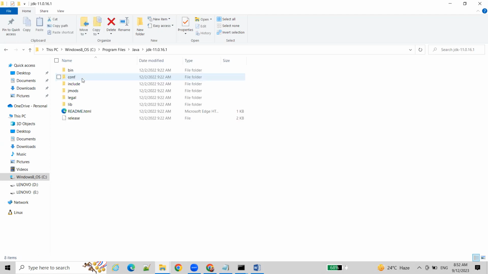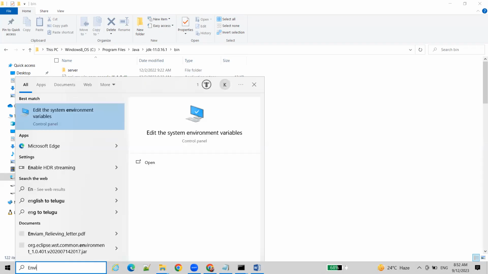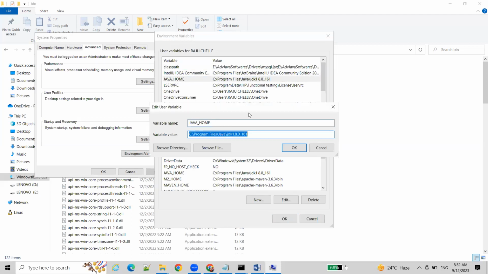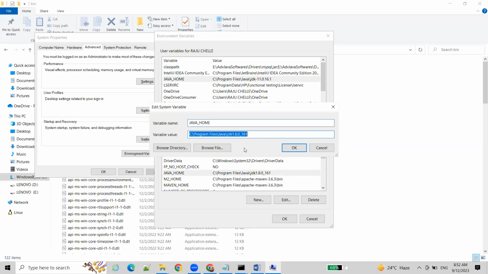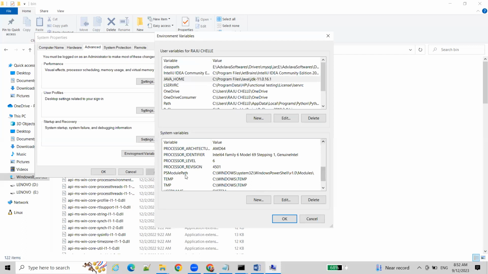So I will use JDK 11, copy this path, and go to environment variables. Here, everywhere, remove this bin. When you are setting JAVA_HOME, don't mention the bin folder. Your tools will automatically go to this version of Java and recognize the bin folder. That setup will be there, and I will show you that also. So Java 11. Similarly, in the path variable also, I have to